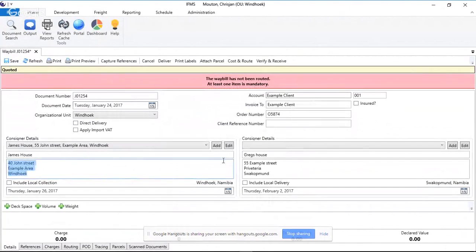Okay, great. Now, next you'll see there's an include local collection and an include local delivery tick box here. Now, what that is: if we are collecting the cargo from the collection point, we want to know that because we want to maybe charge additionally for that. And to tell the system that we're going to be doing a collection, all you need to do is just say include local collection,